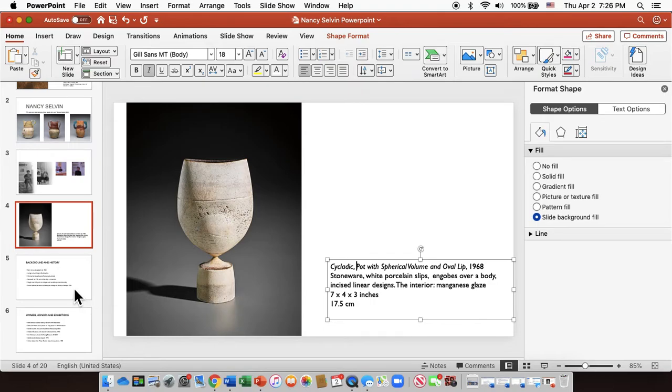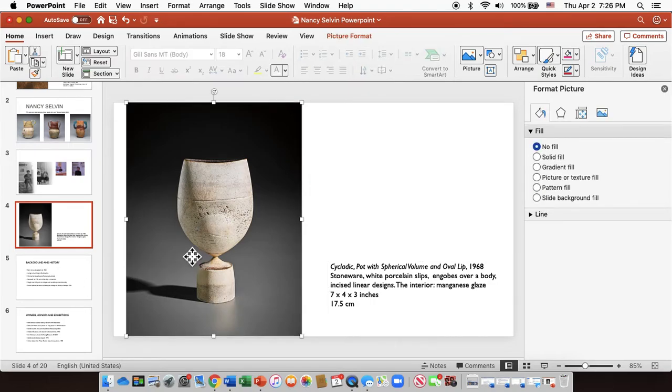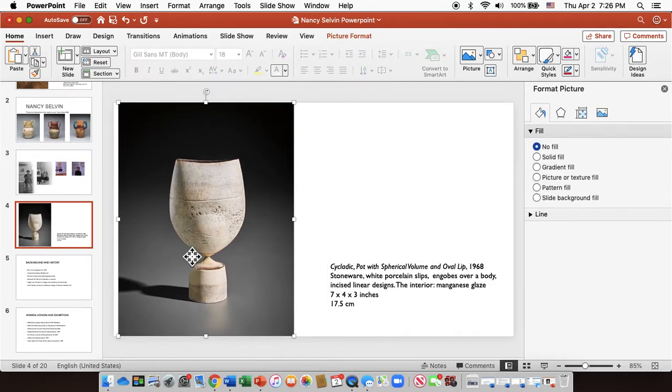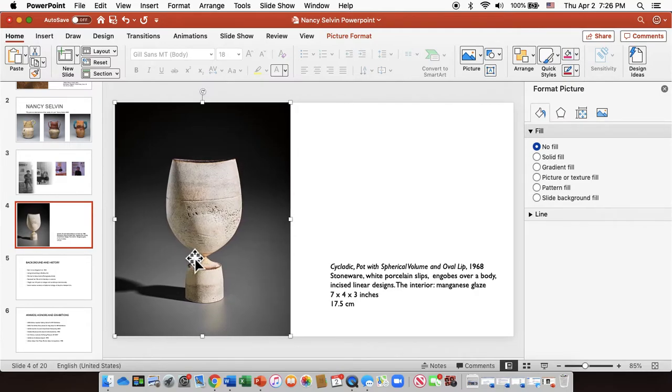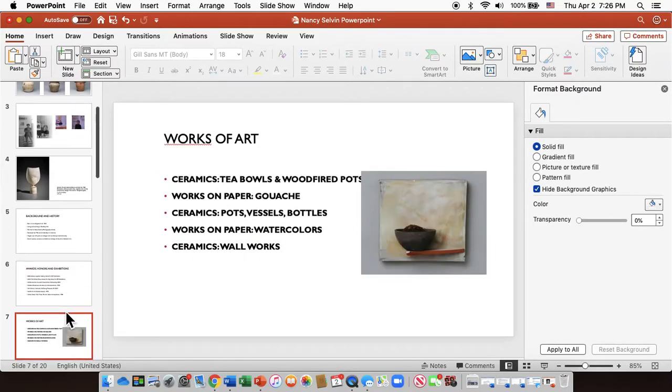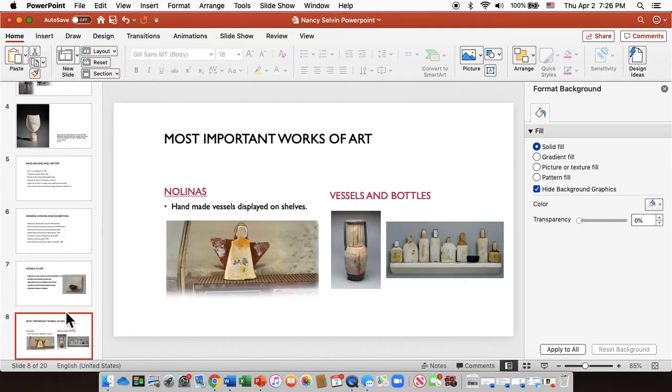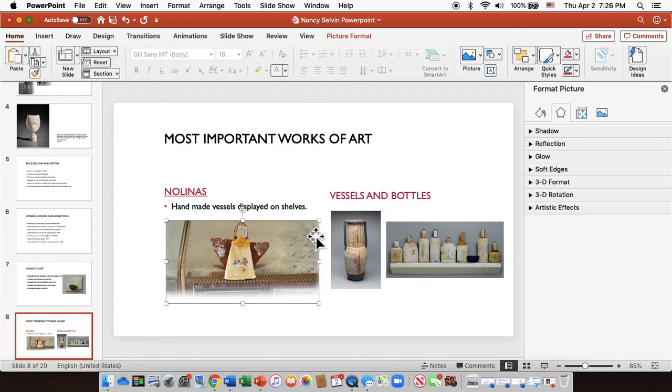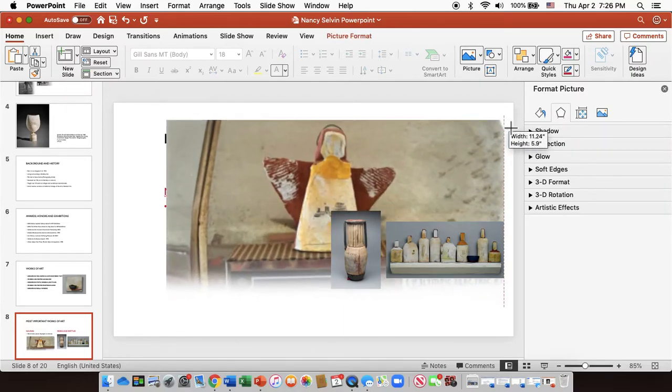That's kind of unusual. Okay, the other thing with this is get all the images all the way to the far left. That's just the standard. I don't know why. If you see something else, you're welcome to tell me. So the background and history is here. This could be a little bigger. The good thing on this, backing up, each one of these images should be the entire length of the